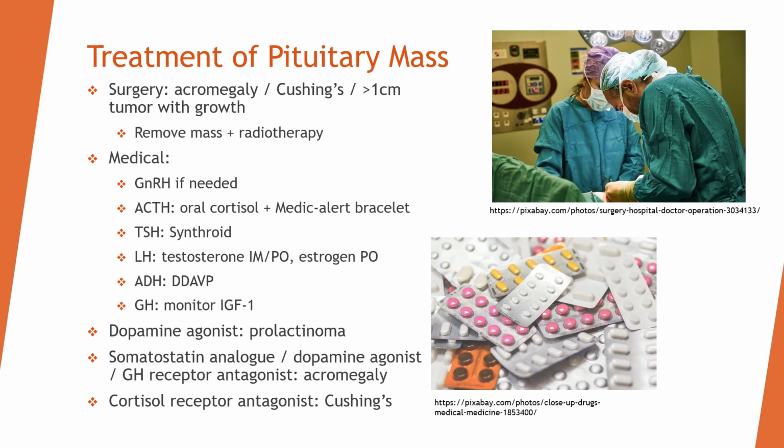The treatment of pituitary mass includes surgery if the patient presents with acromegaly, Cushing's syndrome, or a tumor that's 1 centimeter or greater and is progressive. Surgery's goal is to remove the mass. Then radiotherapy would be administered as adjunct. For medical therapy, the aim is to supplement the missing or insufficient hormones, either the gonadotropin releasing hormone that can be supplemented,